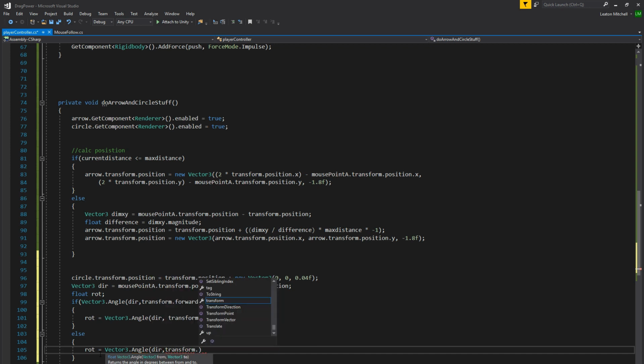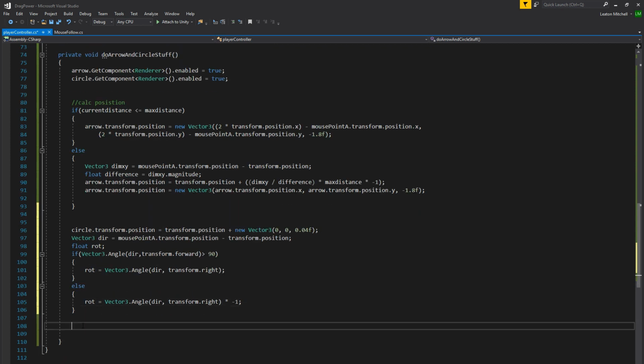The transform dot right. Sorry. Right, and then we just set a negative. That's all. And then you just times it. Again, just flip something to the opposite side, guys. It's a times by a -1, not just -1. So, which means